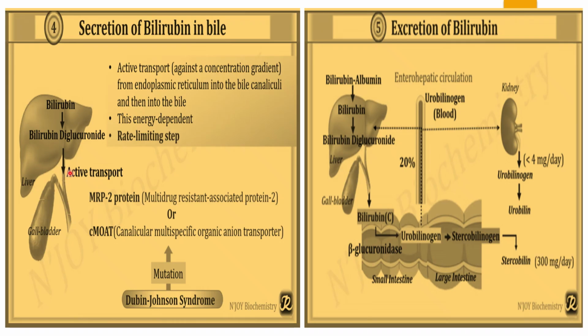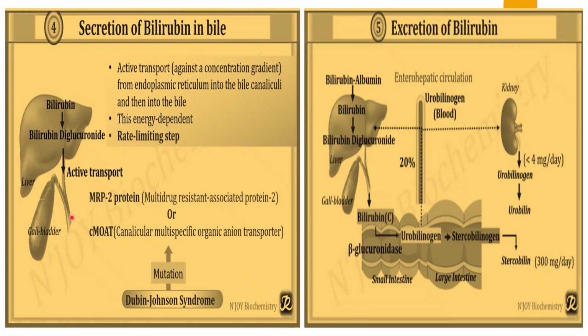There is an active transportation and there is an important role of 2 proteins again. MRP2 protein, that is the multi-drug resistance associated protein type 2, and CMOAT protein, the canalicular multi-specific organic anion transporter protein. So these two important proteins are involved in active transportation of conjugated bilirubin right from the liver to